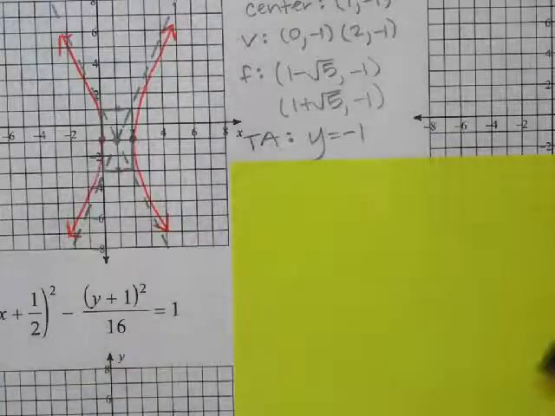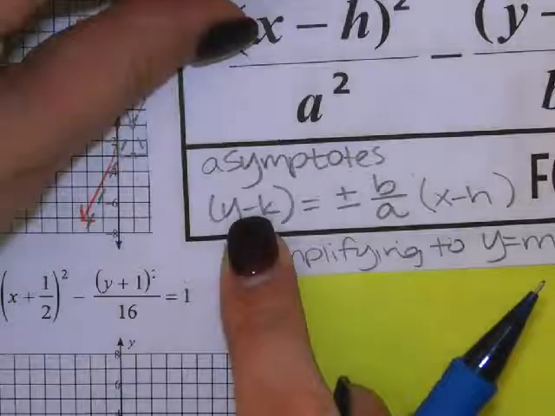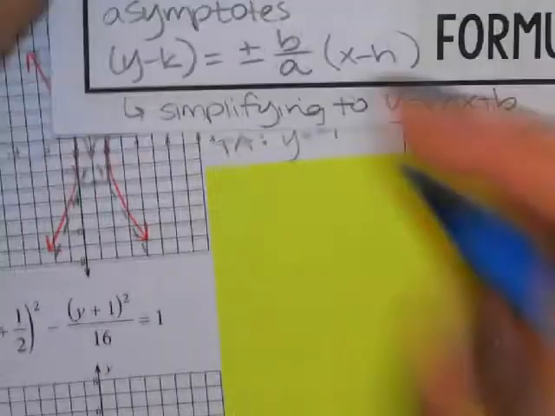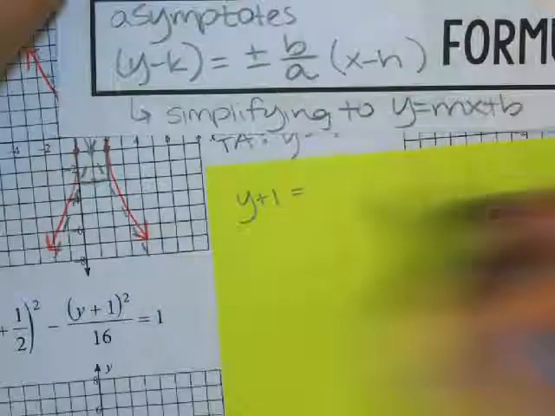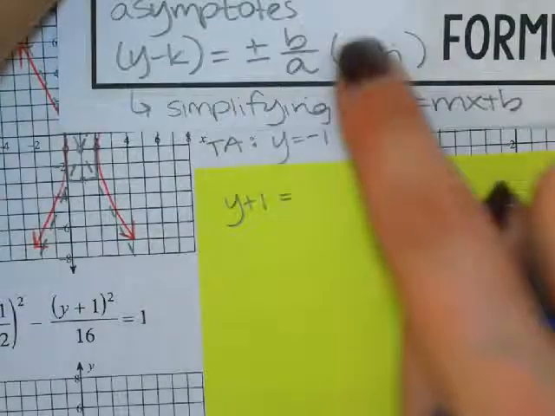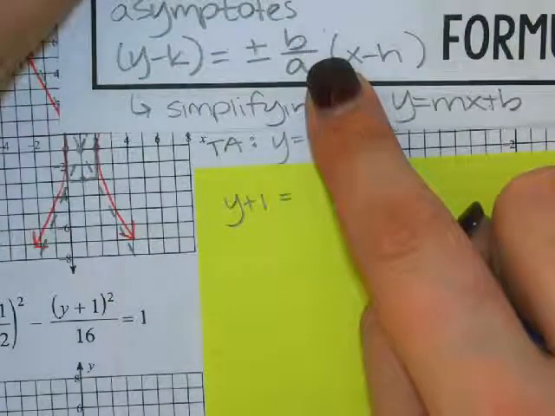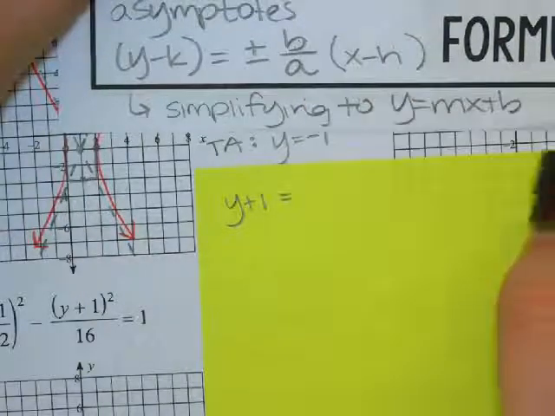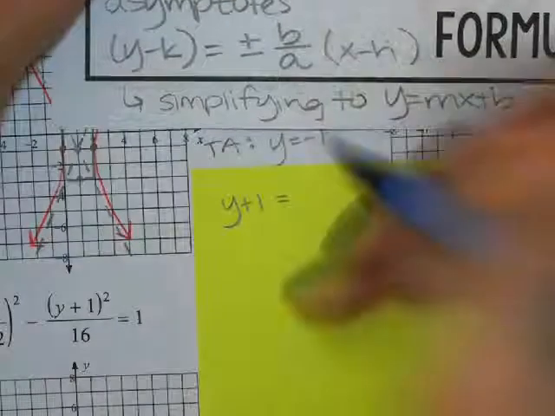So if we look at our packet, the asymptote says, take the y parenthesis. And so our y parentheses said y plus 1, so I'm going to write y plus 1 equals, and then it says positive and negative of b divided by a. Now, you could definitely write this on the packet if you want to, you just have to write super tiny. So I won't judge you if you do that for the first one. So plus or minus,